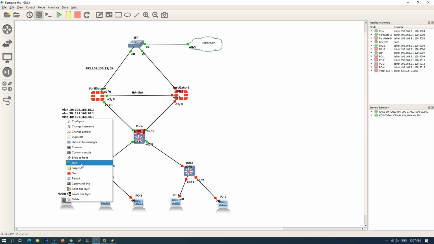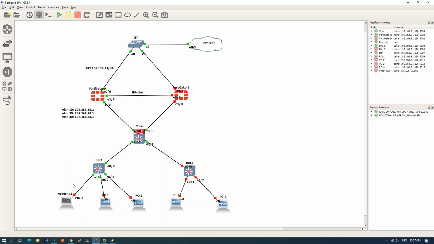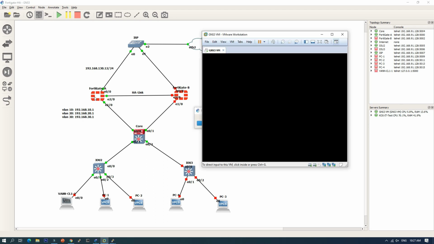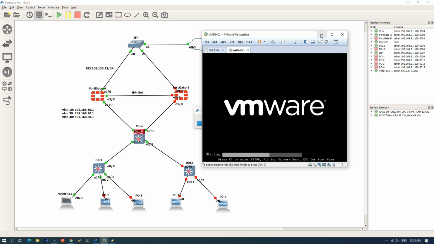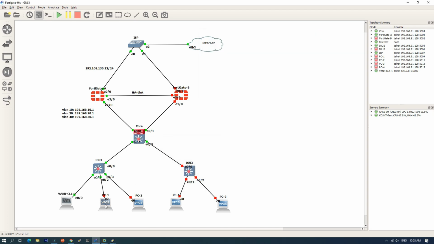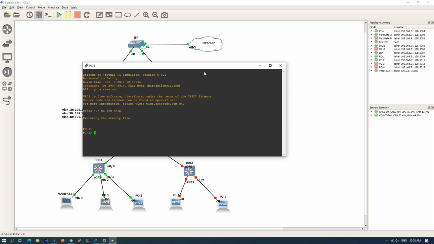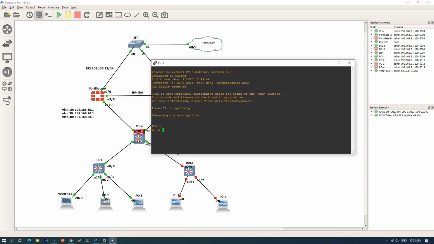So now we can start our client to see whether the client can get an IP address or not. So let's start this client on VLAN 20, ip dhcp.